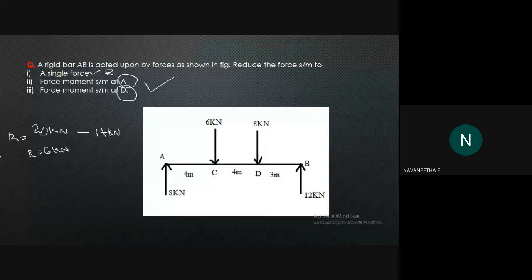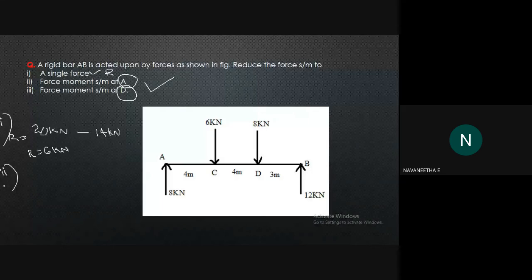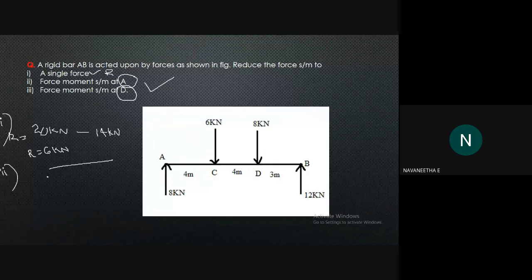So this is the first question. We have to find out the resultant force, or convert the entire system into a single force system. Okay, now let's do the second problem. The second problem has a force moment system at A. We have to replace the resultant to the point A. Before that, we have to consider the position of the resultant force at beam AB. We have to find out the position of R.